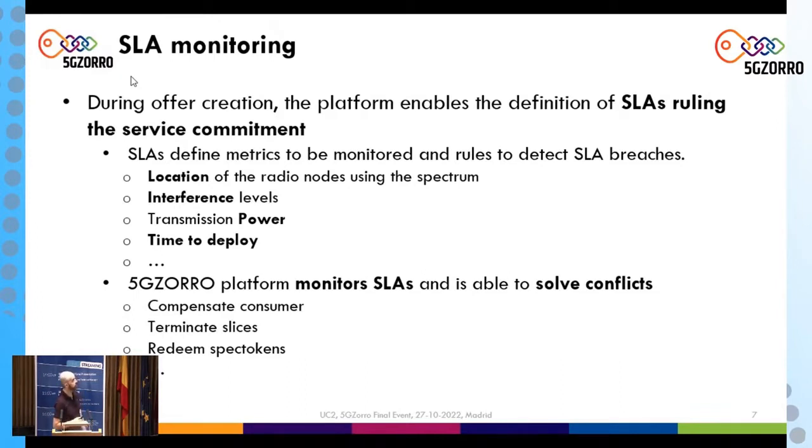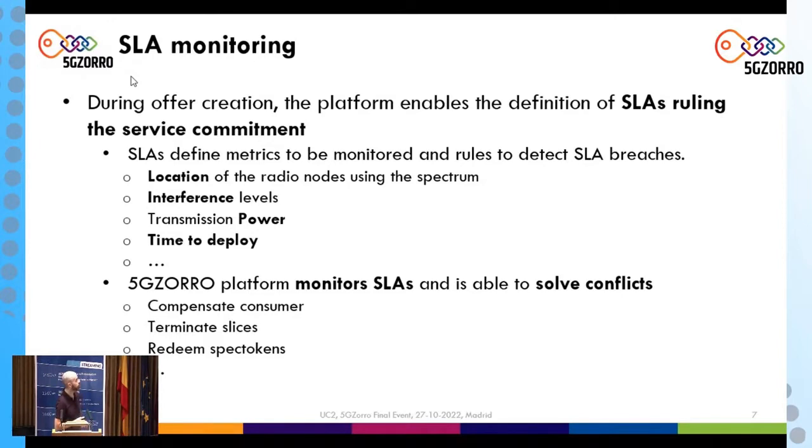For instance, in this use case, we consider the location of the radio nodes, interference levels, and the transmission power as a way of checking that the operation of the spectrum is as defined in the spec token. Also, we can consider the time to deploy as a way of ensuring that a consumer is not monopolizing all the resources in the platform,